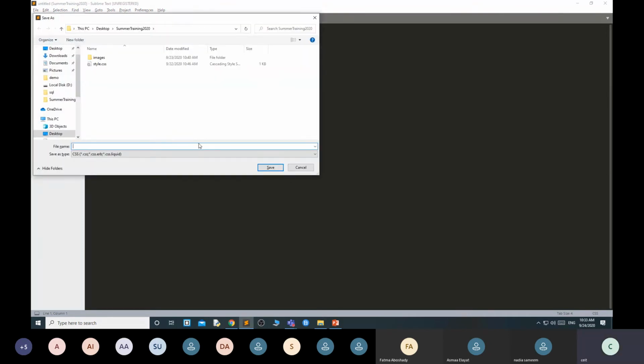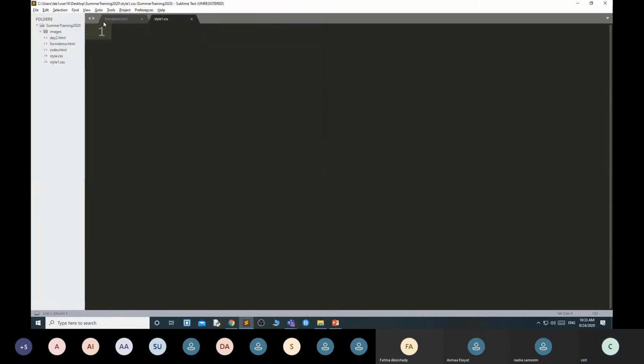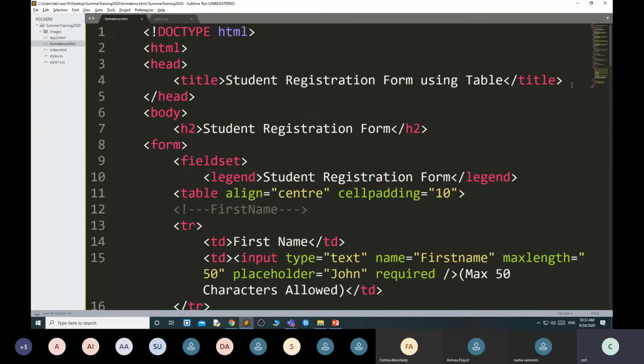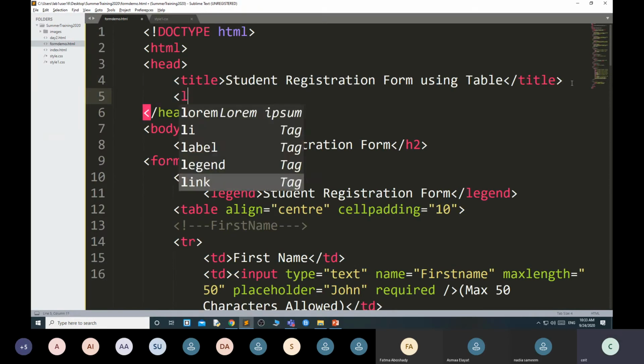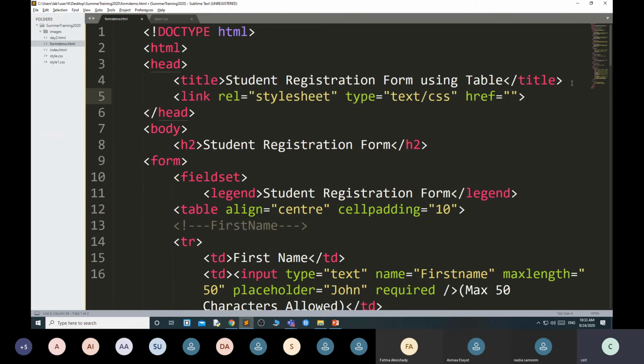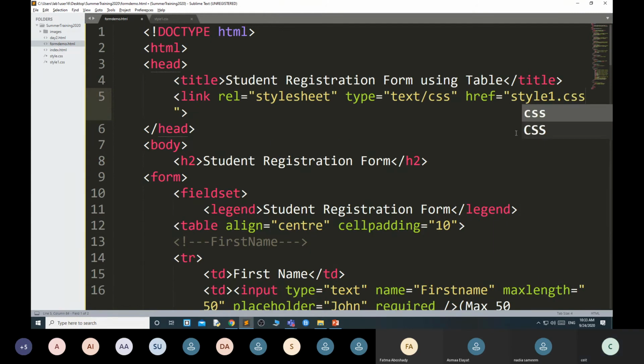I just save it as style1.css. And again, I am telling how to include the CSS in HTML: link, href style1.css.